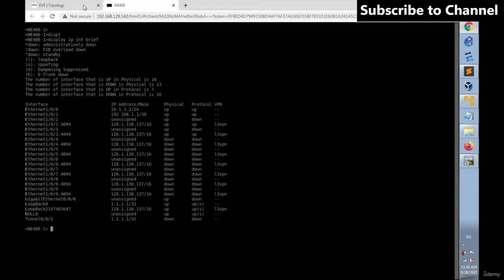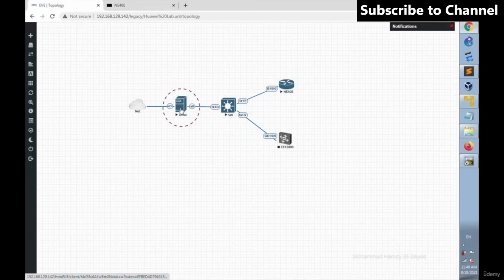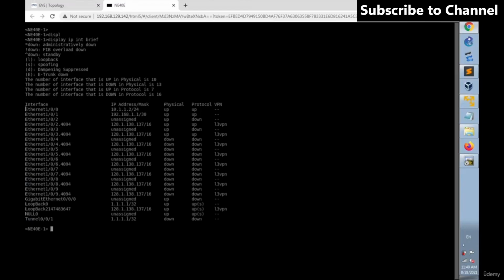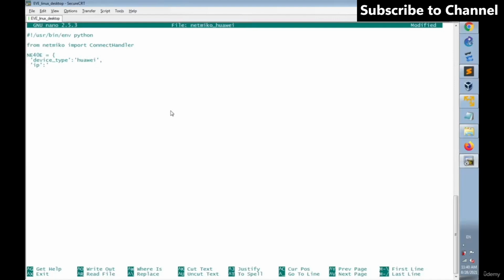Let's check the IP address. Linux desktop must connect NE40E router through interface Ethernet 1/0/0. So let's check now. Ethernet 1/0/0, it has an IP address 10.1.1.2. So I write the IP address as 10.1.1.2,